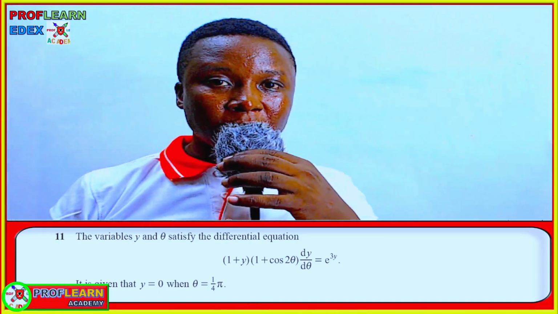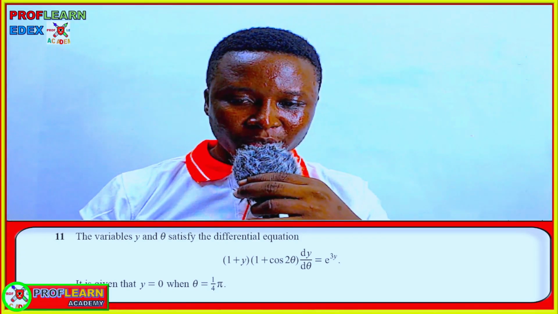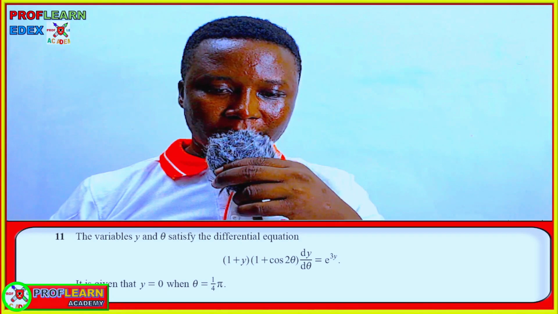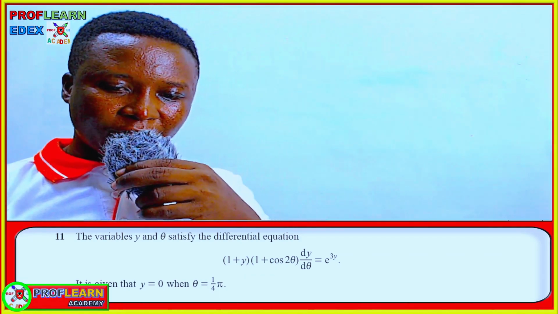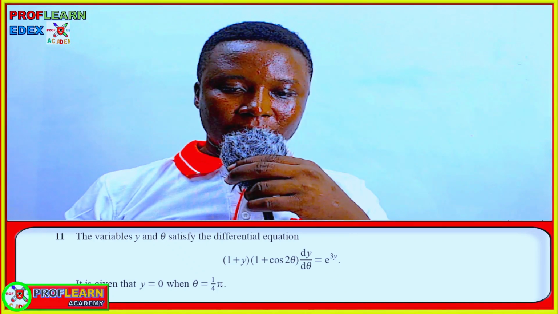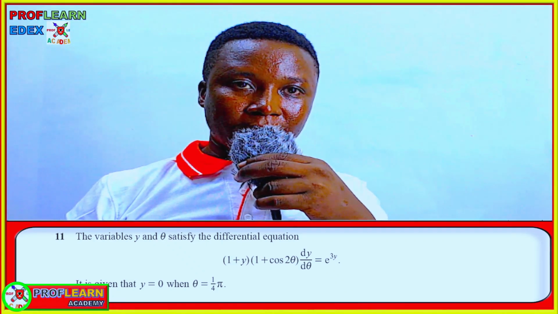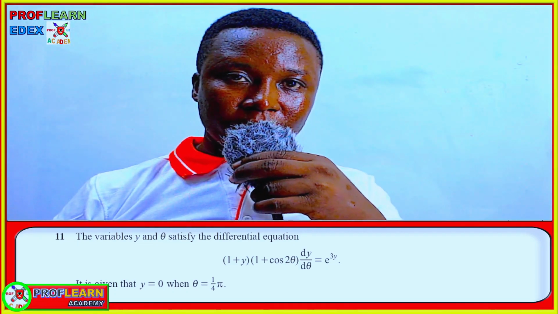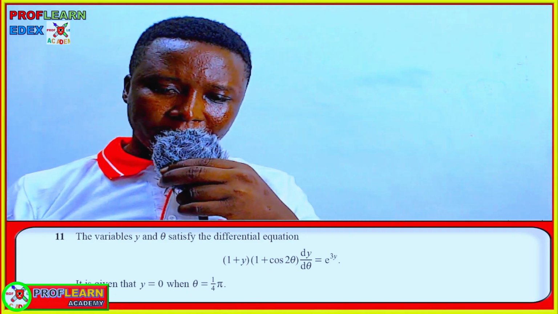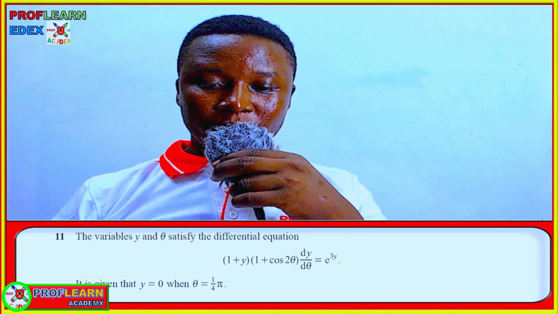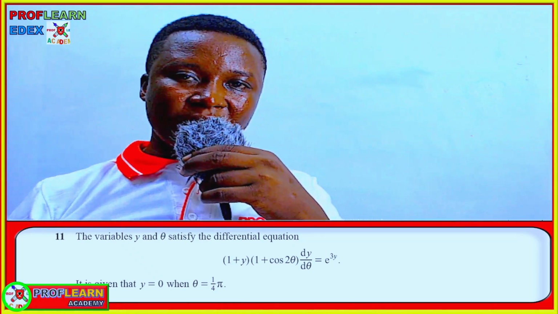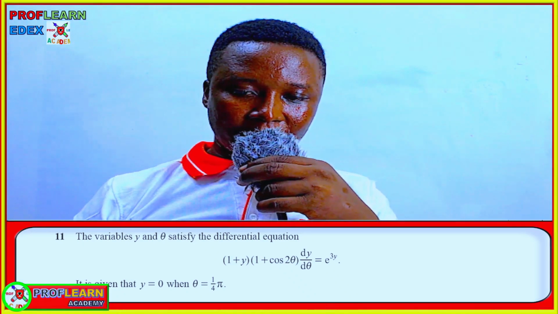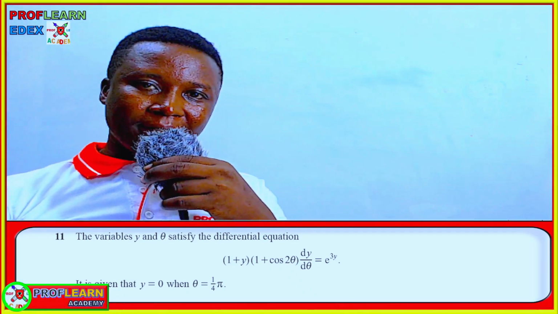In this particular video, we're going to have a discussion on how to solve differential equations which involve separation of variables. And here we are told that the variables y and theta satisfy the differential equation (1 plus y)(1 plus cos 2 theta) dy d theta equals e raised to power 3y. It's given that y equals 0 when theta equals 1 over 4 pi. Then we're supposed to solve the differential equation and find the exact values of tan theta when y equals